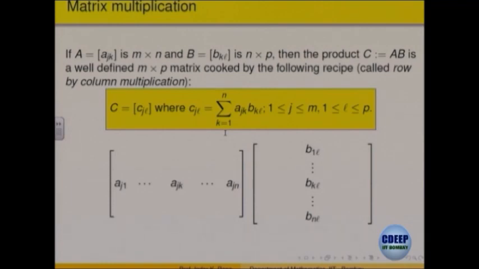Okay. So, for the matrix A, take the jth row, take the corresponding column, the lth column, you are looking at A_j1. So, jth row, lth column, multiply. This multiplied by B_1l plus so on, add up, you get C_jl, the jth row, lth column entry for the product.